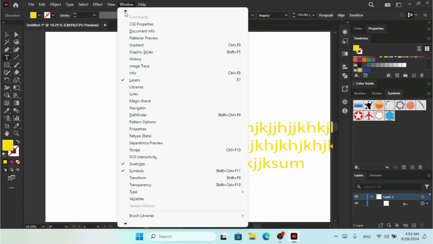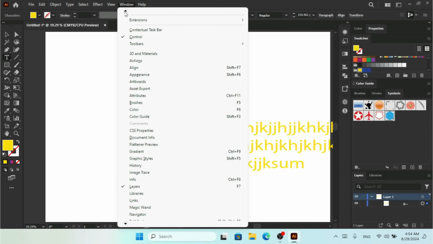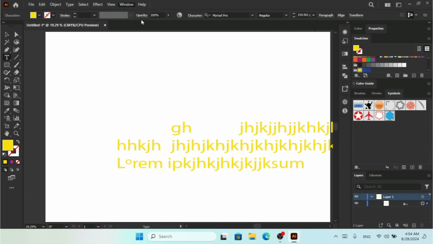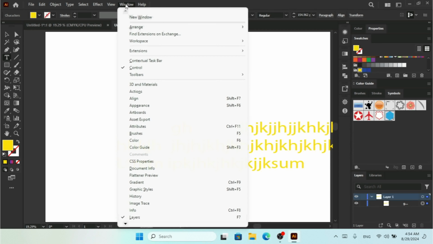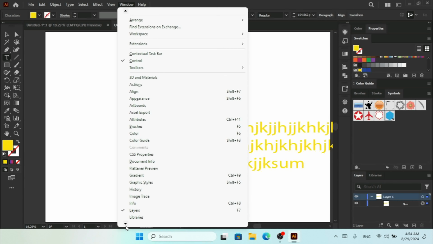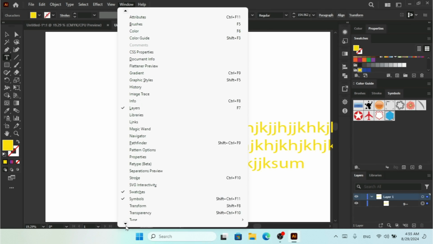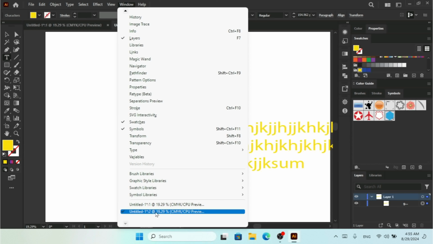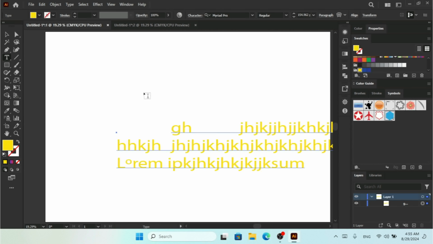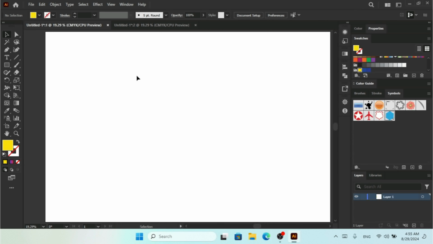If you create another new window, and if I'm going to go to the next window, I need to just scroll down. So there we have two windows available, which I can just click to go to the specific window. So this is how we can use all the options with the window menu, all the rest of the options that we